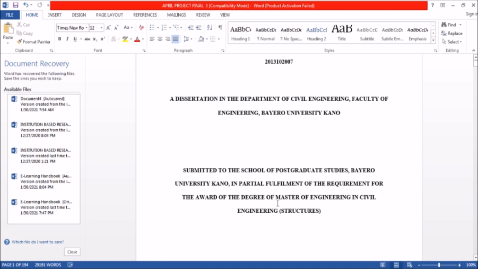If you're an undergraduate student, you will not need to submit this to the postgraduate school. You're submitting to your department. But this is a postgraduate work, so you're submitting to the School of Postgraduate Studies. So here you enter the name of your university or your school: Federal Polytechnic Nekede, Federal University of Technology Owerri, or Ahmadu Bello University, in partial fulfillment for the requirement